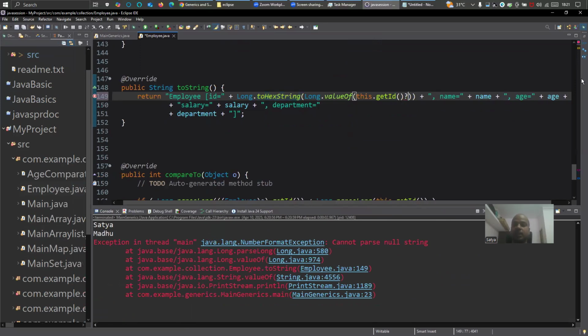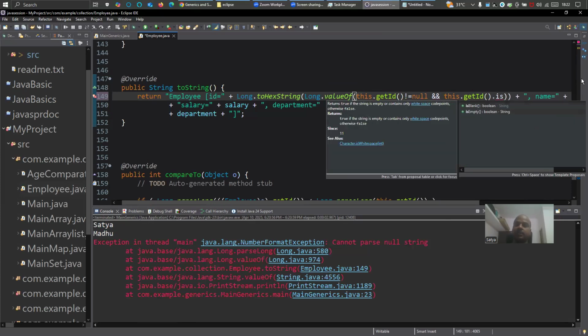So what I will do, I'll check if this is not equal to null, and if this.getId is not equal to null, because I'm creating an object and I'm not setting any value, you know,